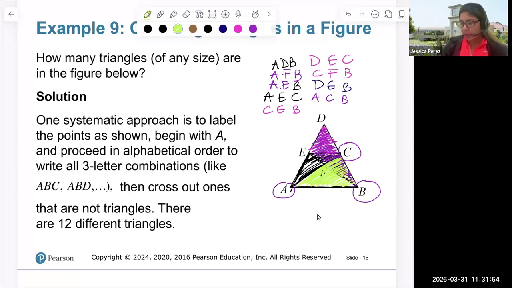And then again, within those triangles, we can have more. So if we kind of exploit all of the opportunities, then we have ADC right here, ADC is another one. So we have 1, 2, 3, 4, 5, 6, 7, 8, 9, 10, and then we're missing 2. So then we would have to look at the pieces individually, which are